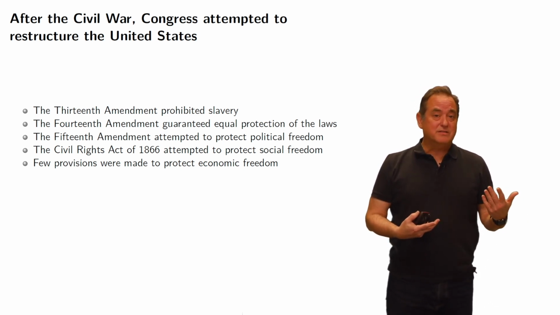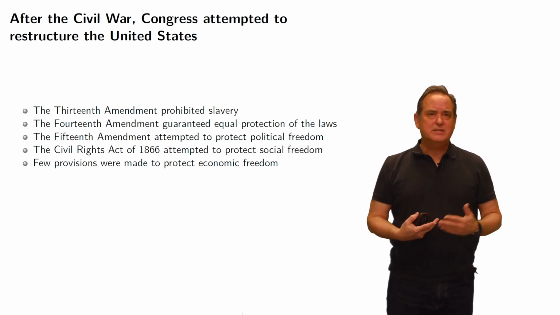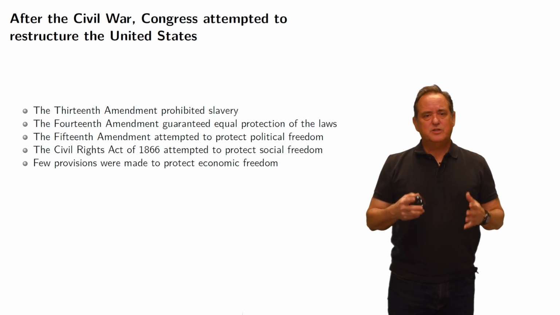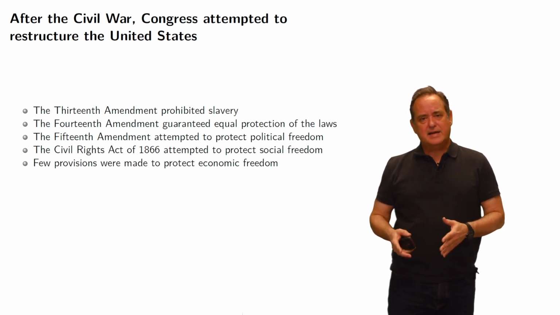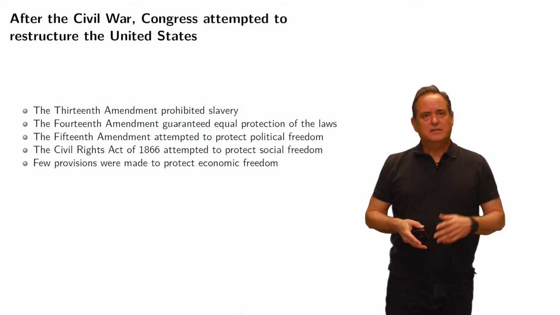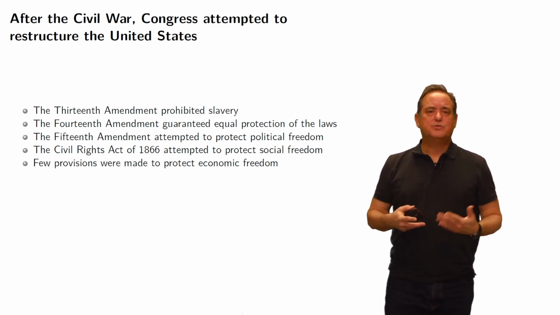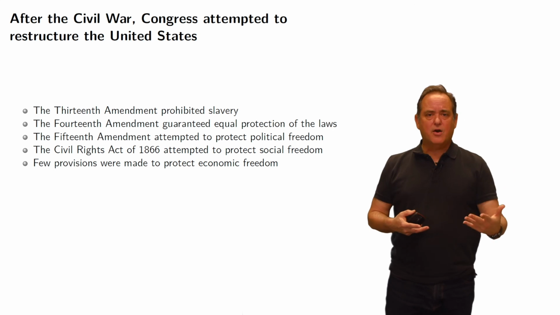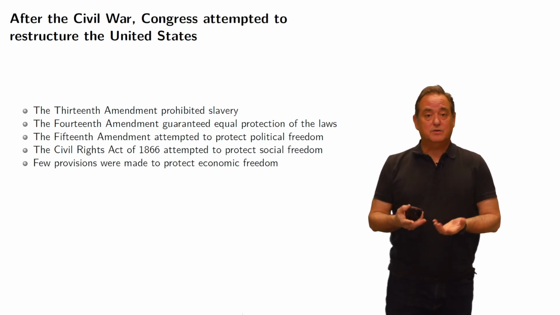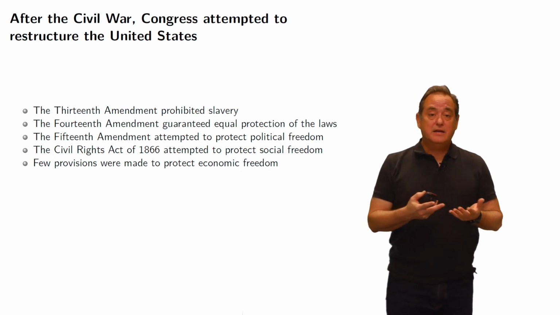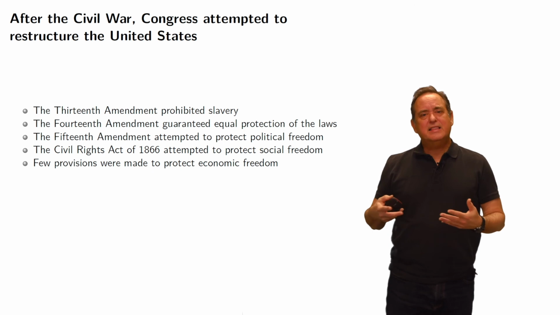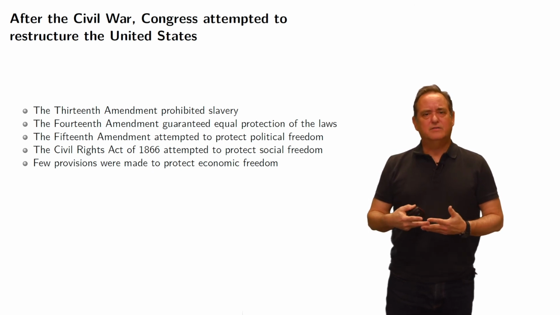And that was the thing that Congress missed in their attempt to restructure the United States. There was no provision made to protect entry into the economic system. And so when I say that Title VII has its roots in this era, what I'm saying is that that was what Title VII was about: providing individuals with the opportunity to participate in the economic fabric of the country.